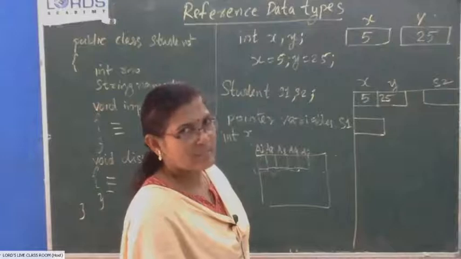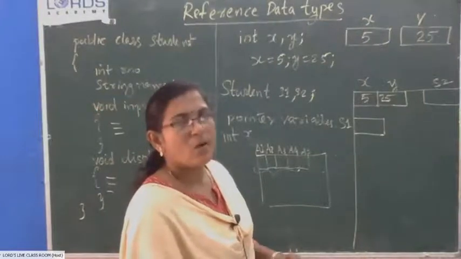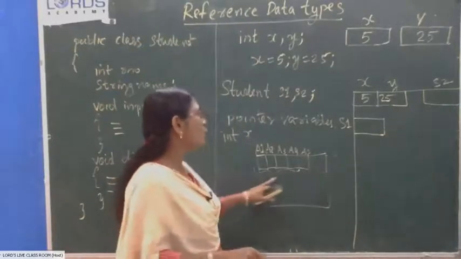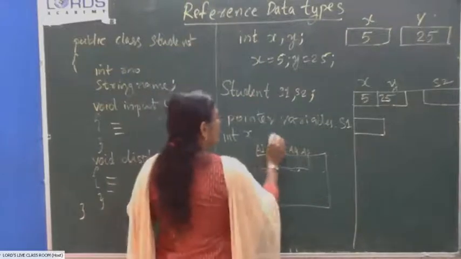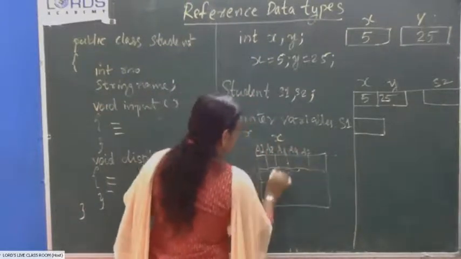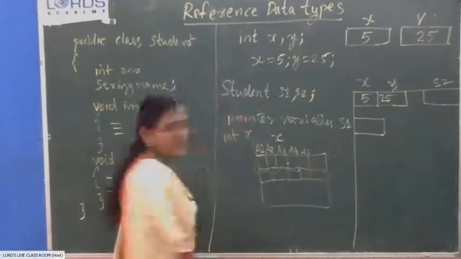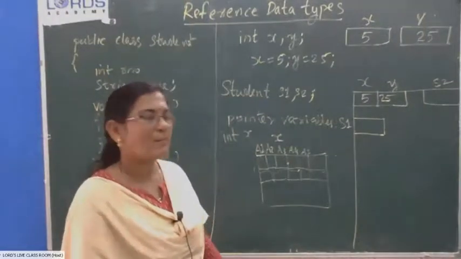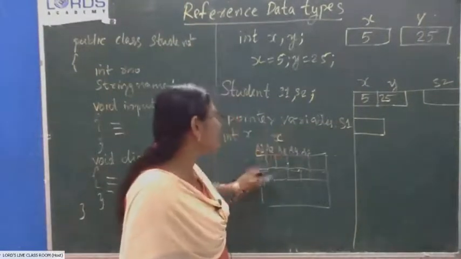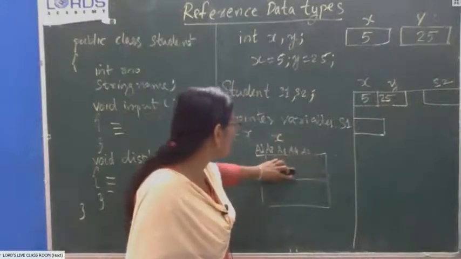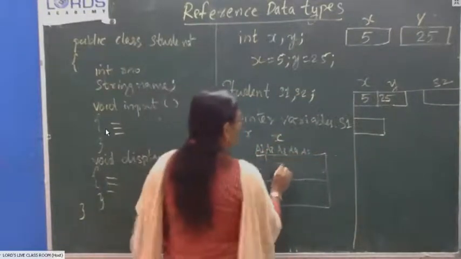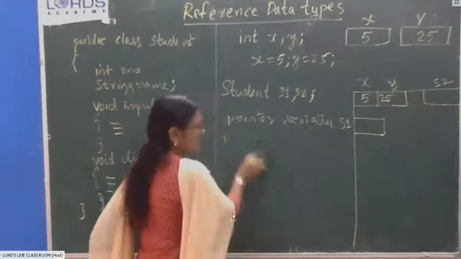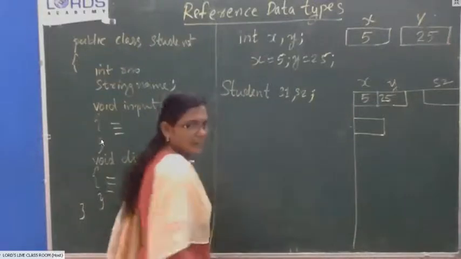1 byte is 8 bits, isn't it? For an integer variable, how many bytes will be reserved? 4 bytes. So 32 such storage locations will be grouped together and a common name X will be given to all those 32 cells together. Understood? We don't know what address is given to different cells. We know only the variable name given by us, X. And X equal to 25 means all these locations together will be known as X and 25 will be stored there.